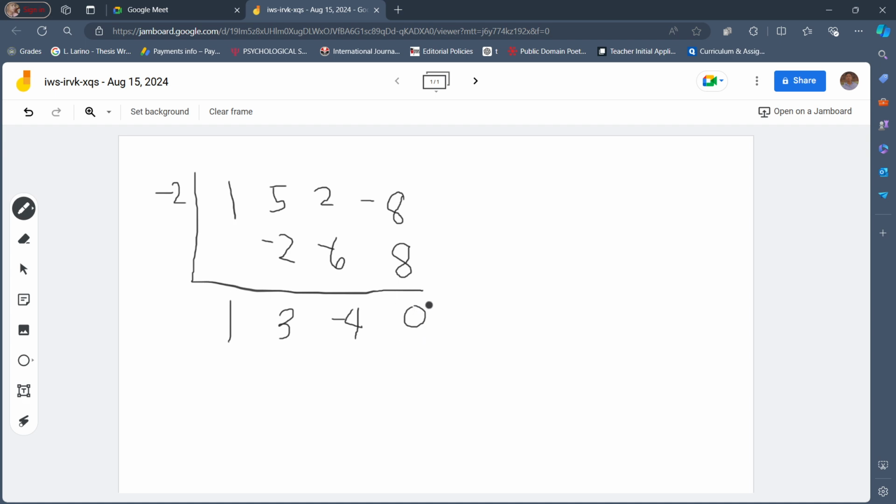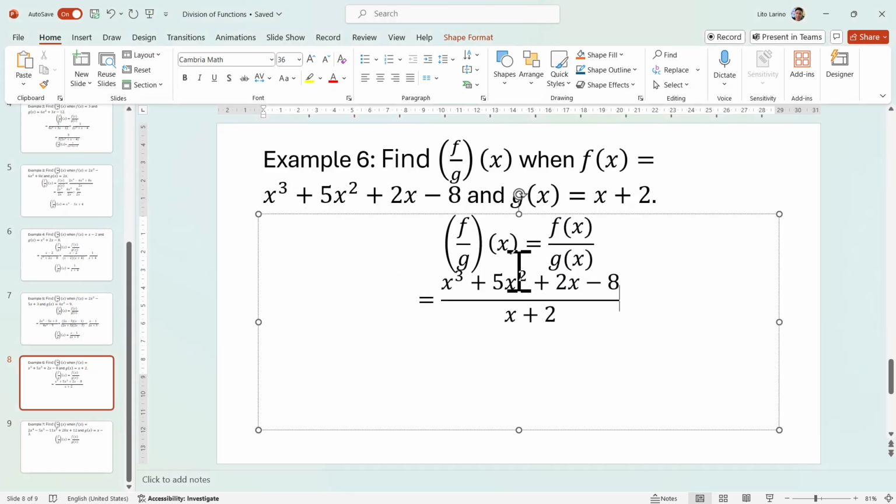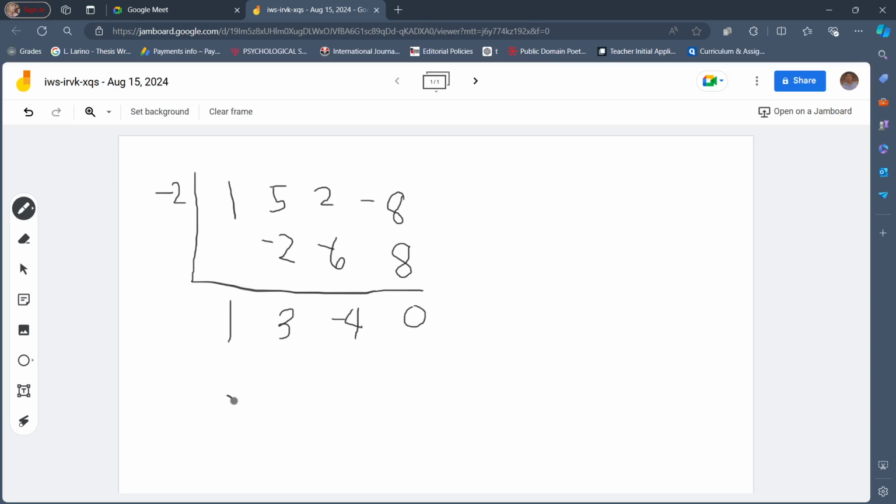So this is the remainder, while these are the coefficients of our quotient. In writing down our quotient, we use these coefficients together with the signs. When we use synthetic division, we write our quotient starting with 1 degree lower than our dividend. In this case, our dividend is x cubed, so it should be x squared plus 3x minus 4. So x squared plus 3x minus 4 is the quotient when f of x is divided by g of x